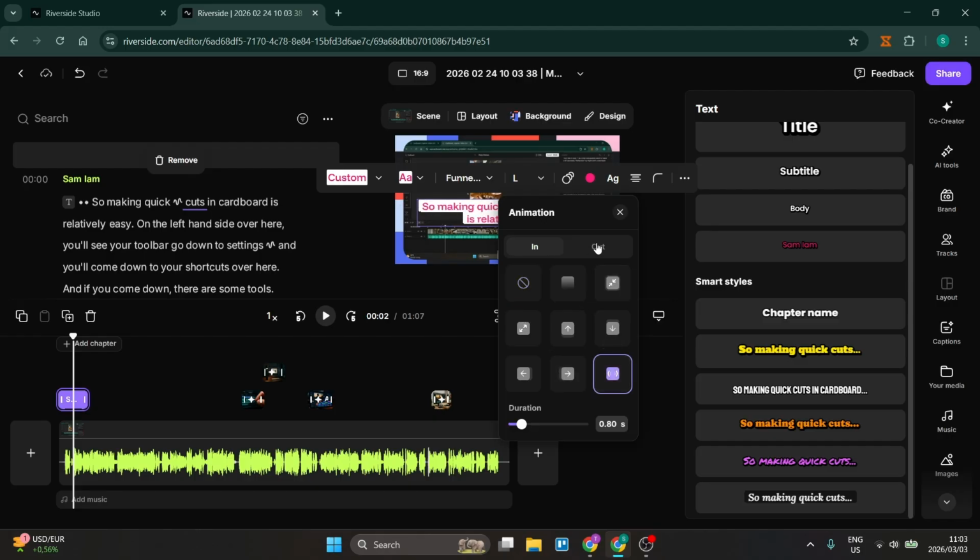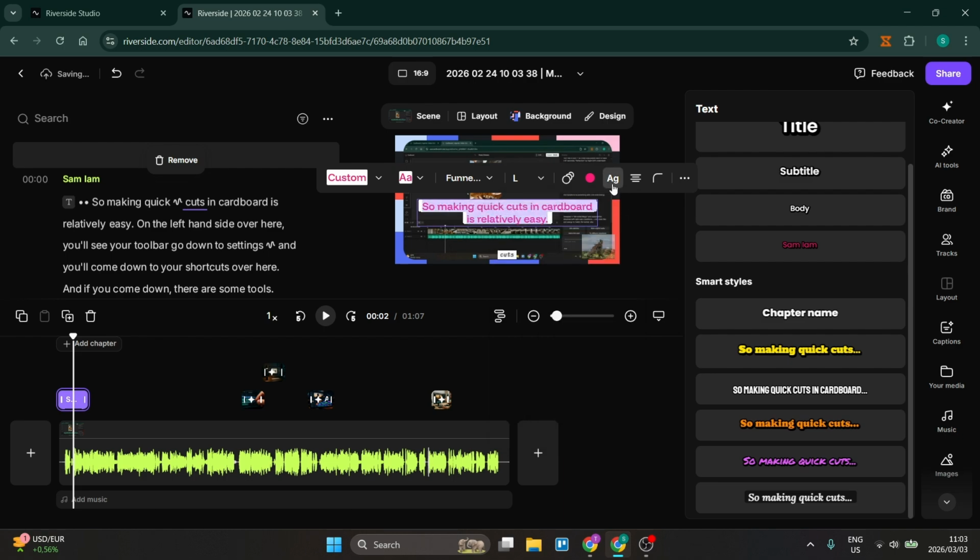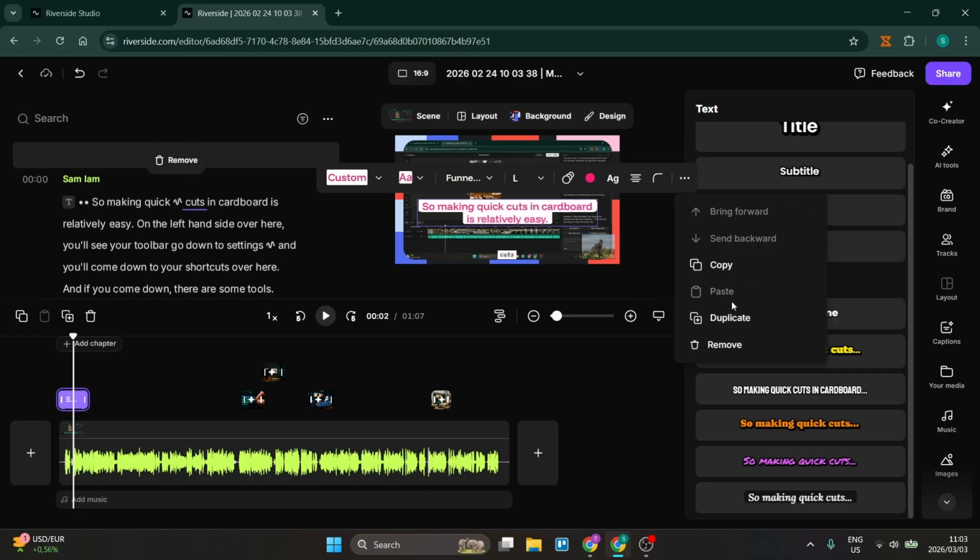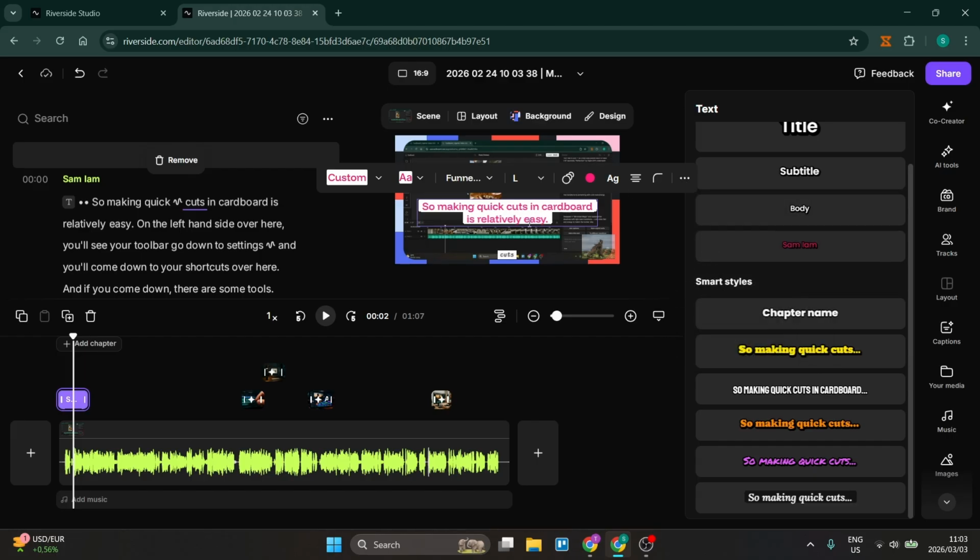Okay, you can also choose the out animation, and then with the in and out you can change the duration, so that'll make it faster or slower. You can change the color, the cap, alignment, and the corner rounding of the box over here, and then you can duplicate, copy, remove, and then if you want to bring it forward and backwards over different layers over here,